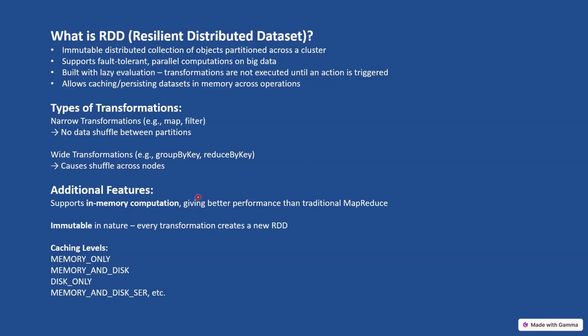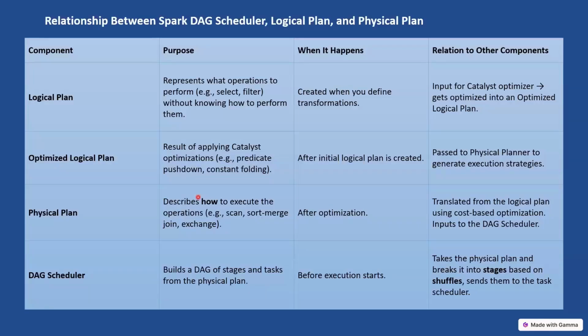Let me go to the next things. Okay, to summarize, guys, this entire thing, whatever we talked about, first of all, we talked about the architecture and all. And then I told you about the DAG scheduler, logical plan, and physical plan. So first of all, whenever you are running one piece of code, it creates the logical plan for you,